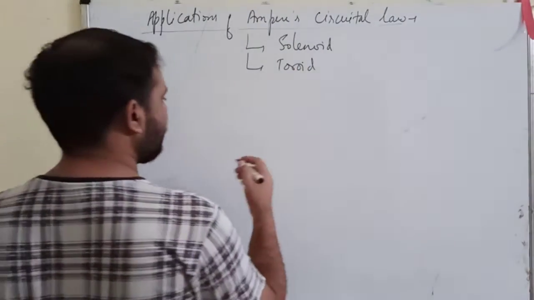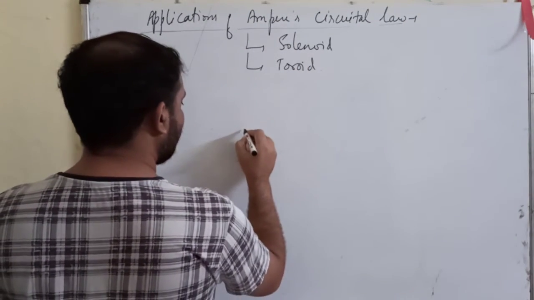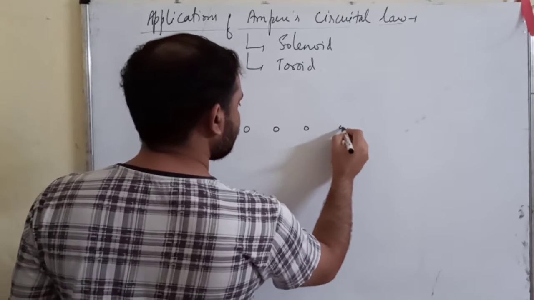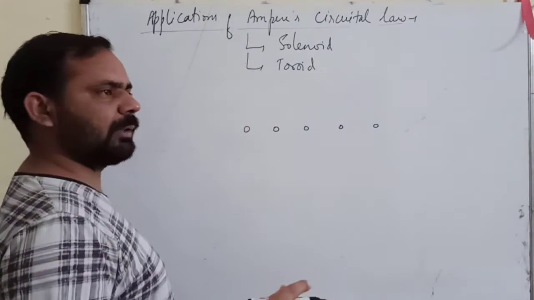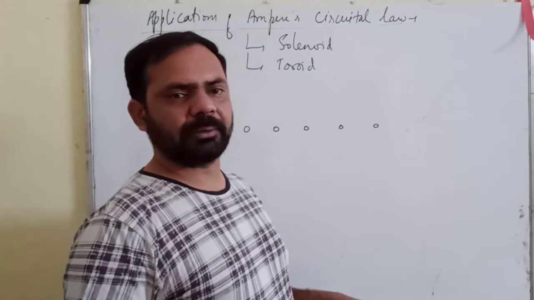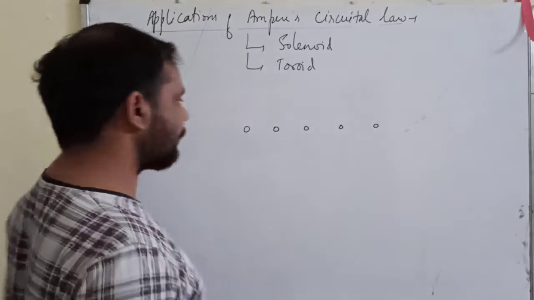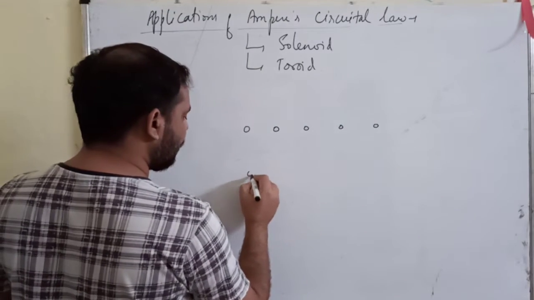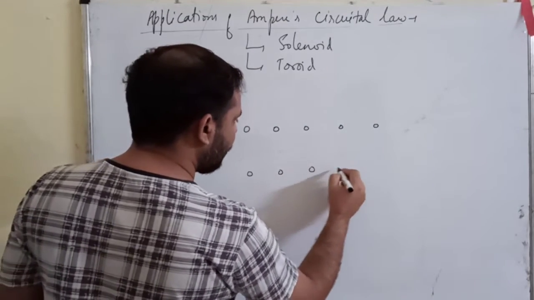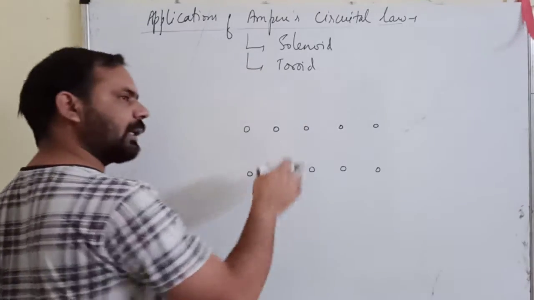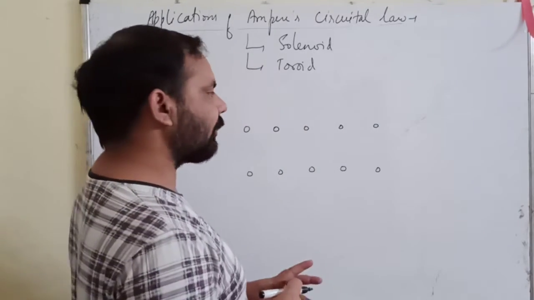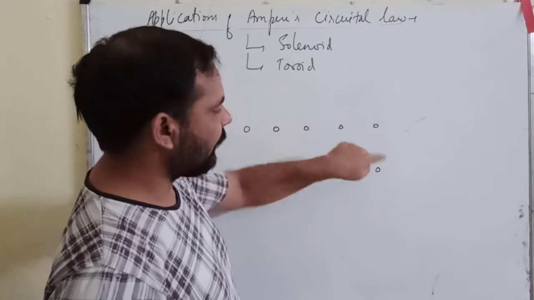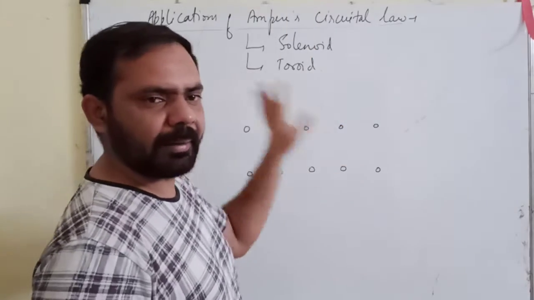What is the shape of the magnetic field? So suppose we pass a plane through the axis of the solenoid, in such a way that we have cut the solenoid along the axis, and half of the solenoid is above the board and half is into the board. Just imagine that only half of the solenoid is above the board like this, and the remaining half is behind the board.